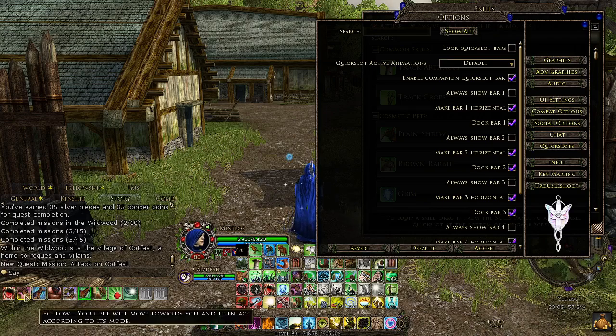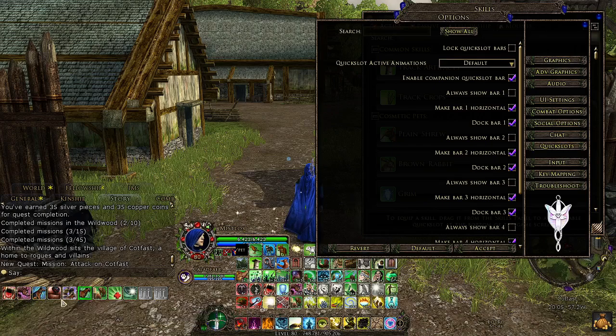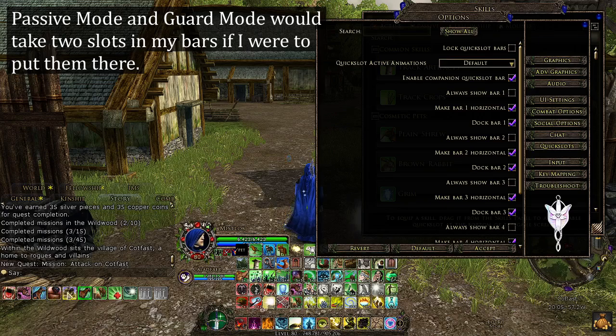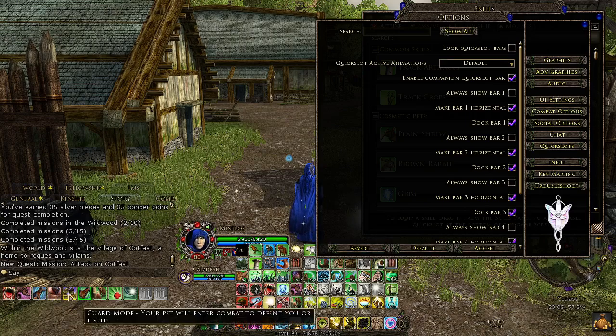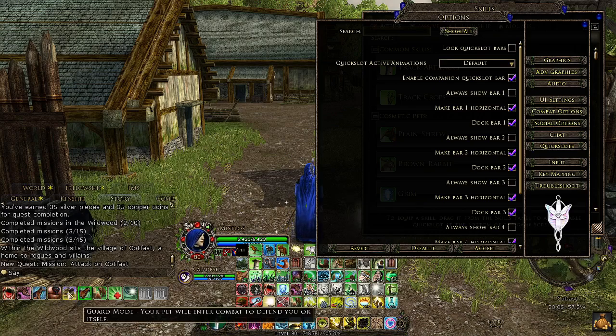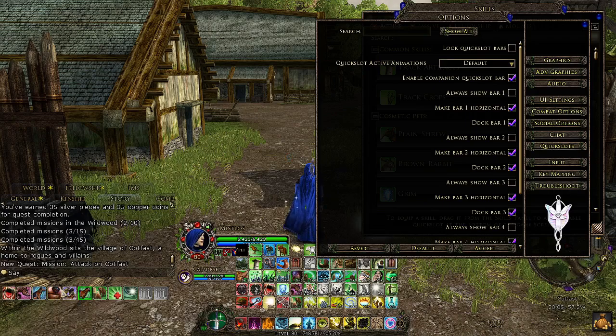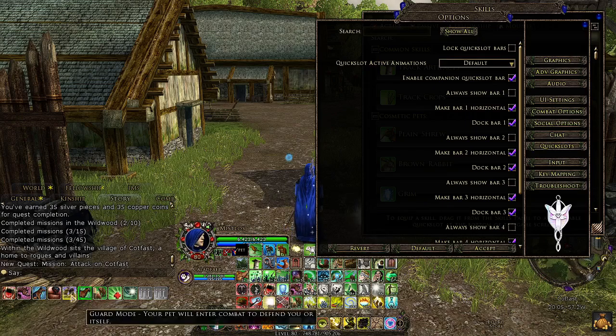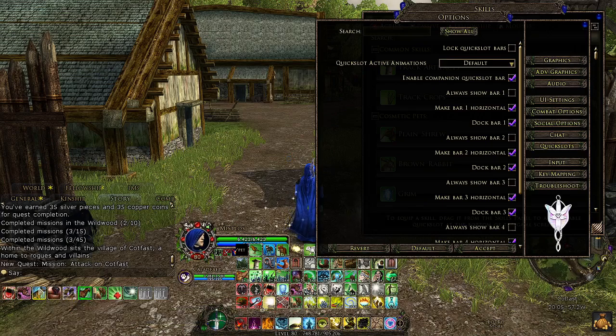Pet follow is not that useful, but this is like my alternative to having passive mode. Because with passive mode and guard mode, I feel like if you disable guard mode, you can't disable guard mode. They switch between these two. So I feel like they should have consolidated these two modes so that if you disable guard mode, your pet's in passive mode by default, so you only need to use one skill for these two. But because these are two separate skills, I just